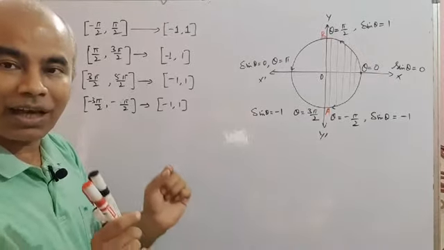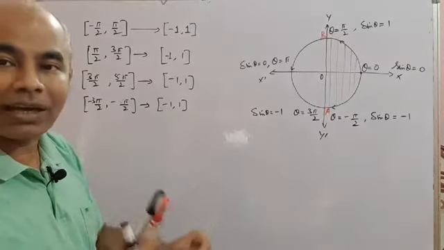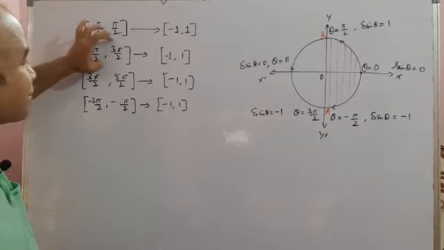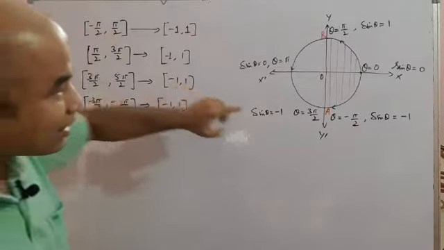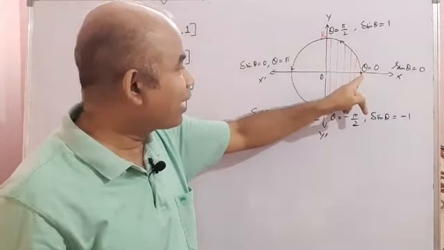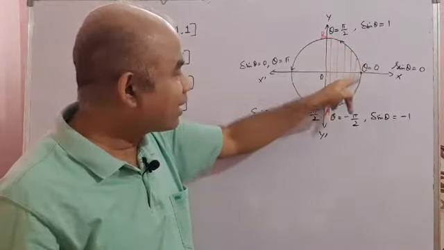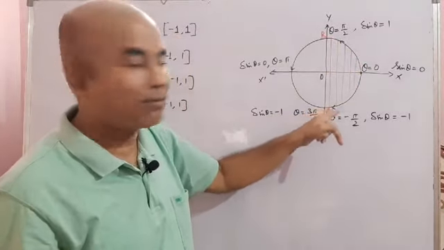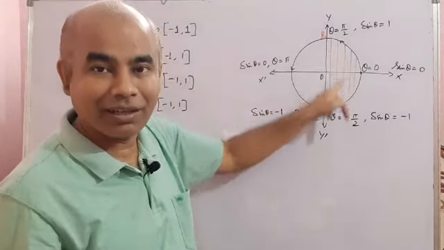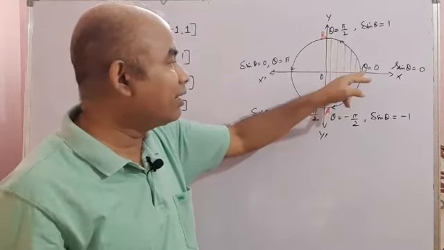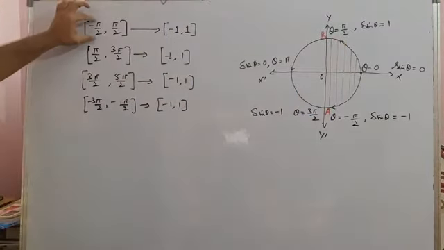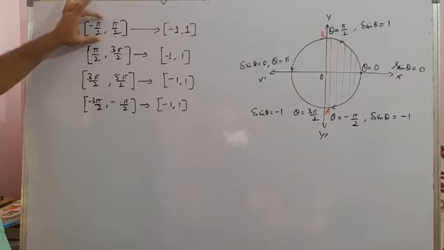Okay, you just take the absolute value, numerical value, then when angle theta is small, angle theta is small in this interval from minus pi by 2 to plus pi by 2, because in this interval actually angle is from minus pi by 2 to 0 and 0 to pi by 2. So whatever angles are here in this quadrant, exactly negative of those angles are here in this quadrant. That means if you have 30 degree here, then minus 30 degree here. If you have pi by 3 here, then minus pi by 3 here. So numerically the angles actually from 0 to 90. Okay, so numerically the angles from 0 to 90 degree or 0 to pi by 2 in this interval.